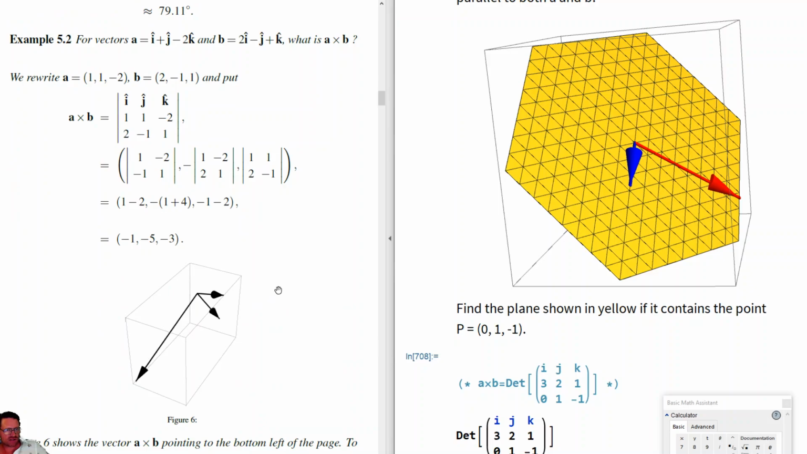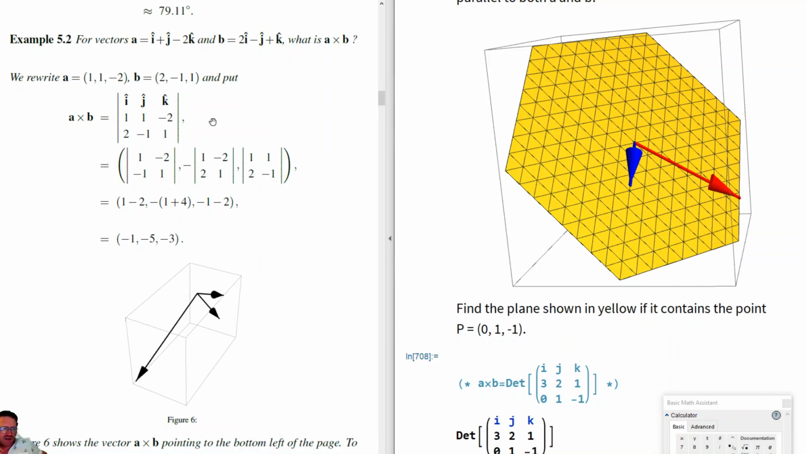So the next question says, for the vectors a equal to i plus j minus 2k and b equal to 2i minus j plus k, what is a cross b? Well, again, we just take the vector a, we put it in row 2. Now notice a is on the left of the calculation, and if you were to reverse that, you'd get the minus of this result. So a goes on the left, a goes on the second row, b goes on the third row. Okay, so we evaluate this determinant,